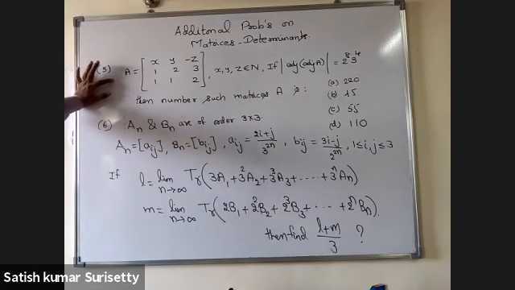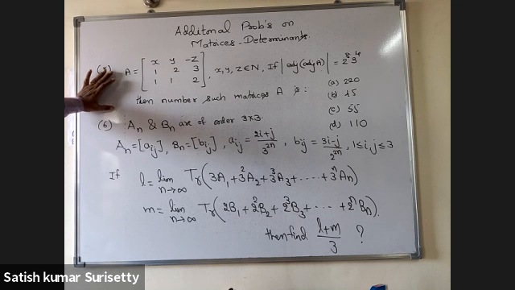A equals the matrix [x, y minus z, 1; 2, 3, 1; 1, 2], where x, y, z are natural numbers. If the determinant of adjoint of A equals 2^8 into 3^4, then the number of such matrices A possible. Next, An and Bn are square matrices of order 3 by 3, and Aij equals (2i plus j) upon 3^(2n), Bij equals (3i minus j) upon 2^(2n). L is equal to limit n tends to infinity of trace of (3A1 plus 3^2 A2 plus 3^3 A3 and so on up to 3^n An).